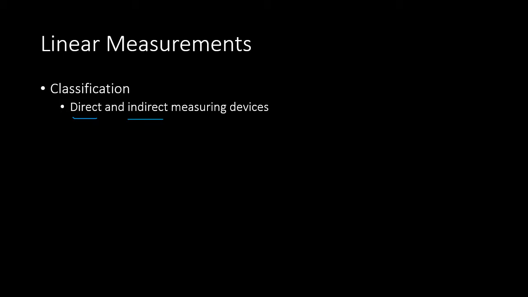Indirect measuring devices do not directly give the value of the dimension that we are measuring. However, they have to be used along with the direct measuring devices. The examples of indirect measuring devices are caliper or a divider. So in your compass, you have a divider like this. There is a pivot at the top, and to this pivot, two legs are attached such that these two legs can be rotated about the pivot at the top.